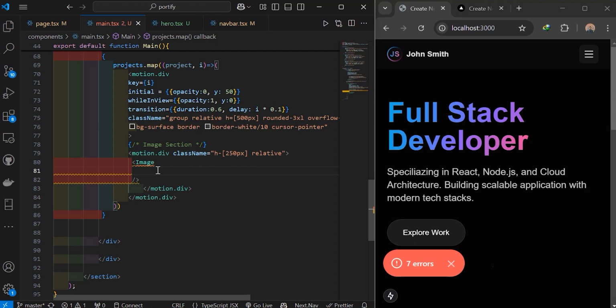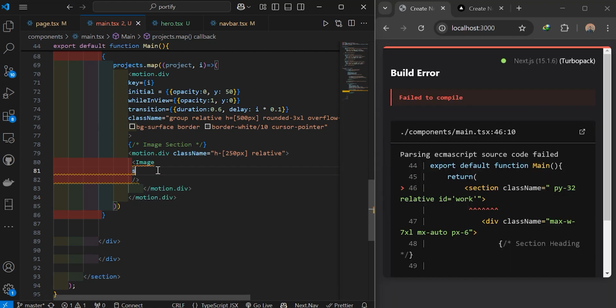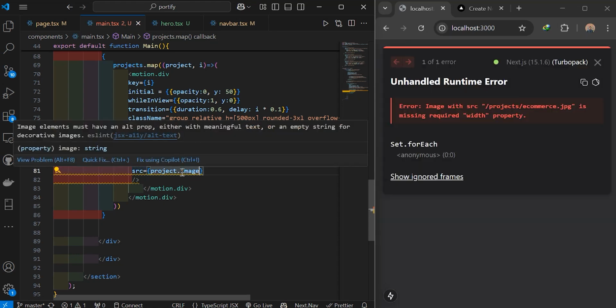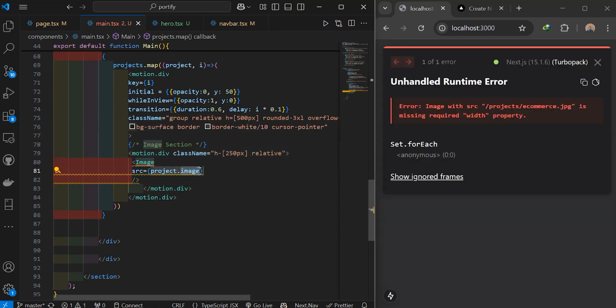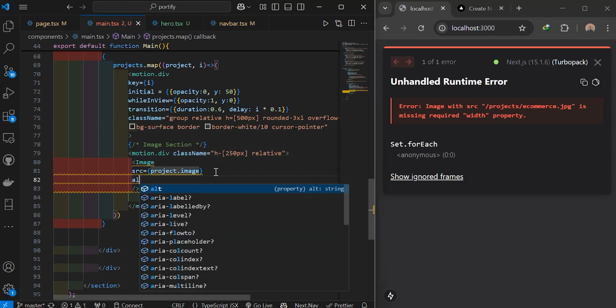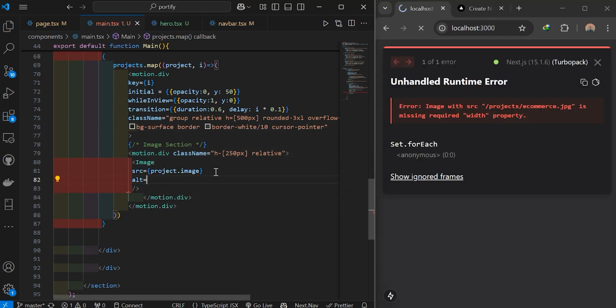So here first provide the source or path of the image that you want to show. So specify src and then project.image. And as you know, we have stored the image URL or image path in the image property of the project array. And after that, specify the alt, and it will be